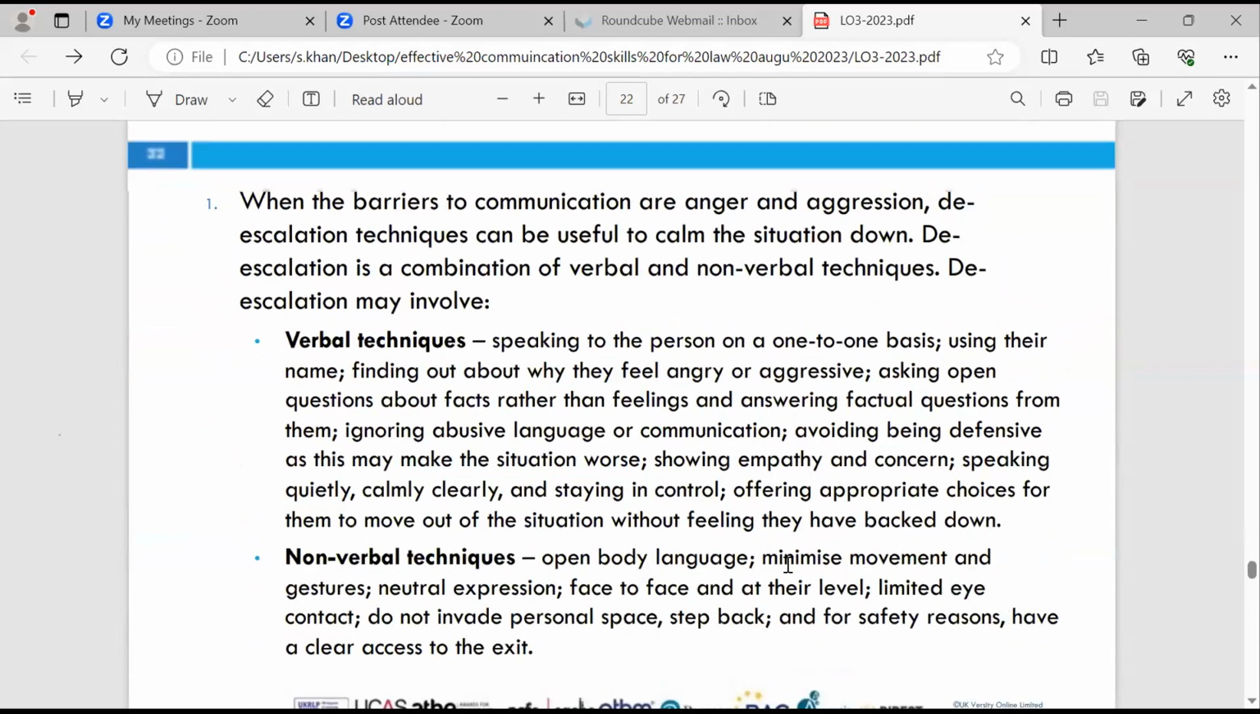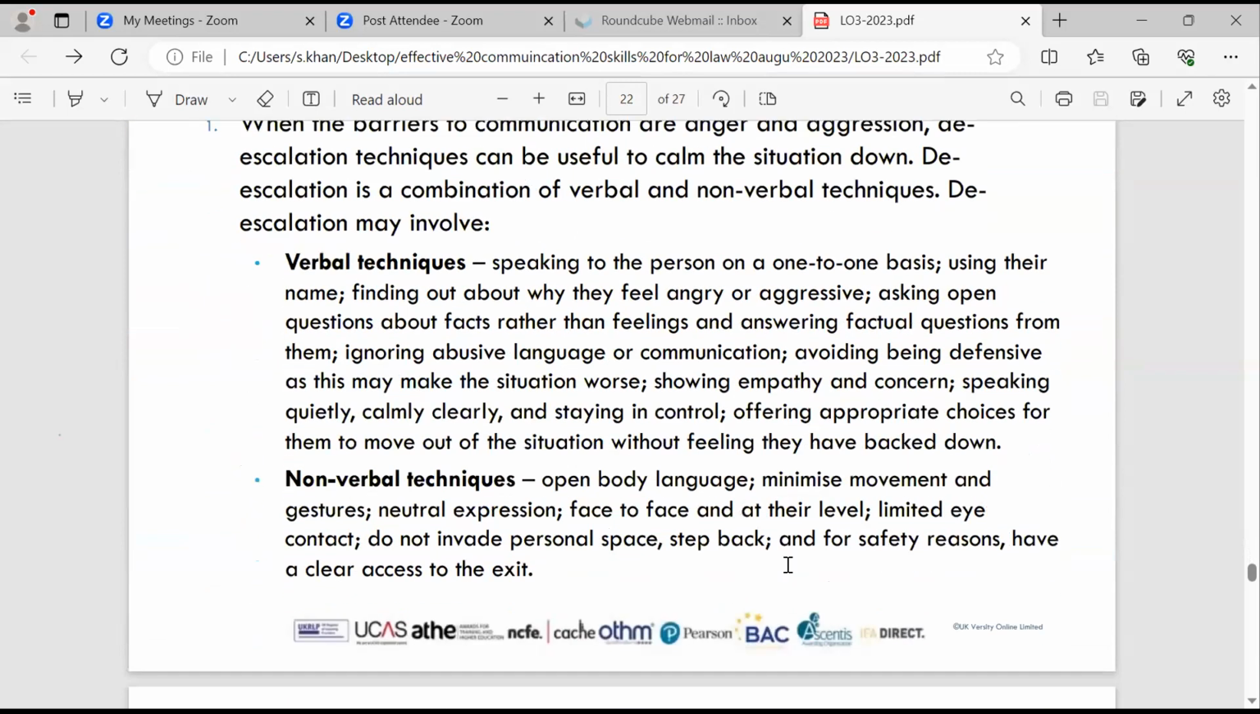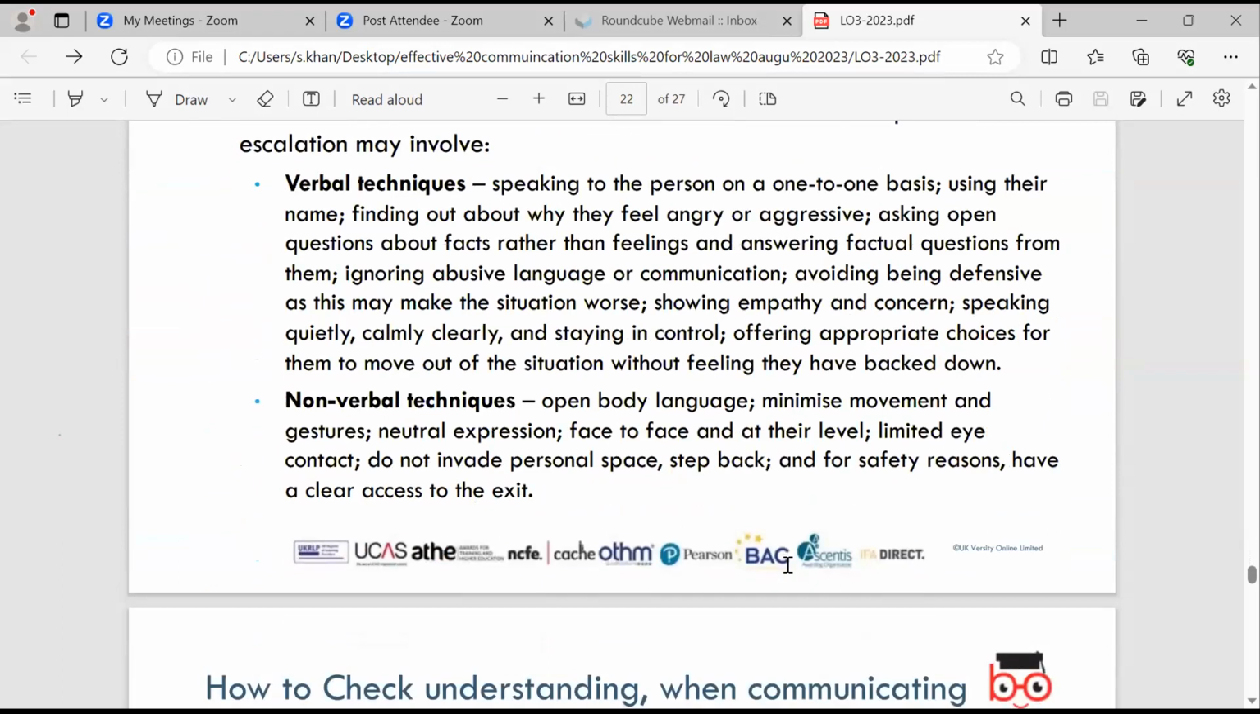De-escalation techniques. When barriers to communication are anger and aggression, de-escalation techniques can be useful to calm the situation down. De-escalation is a combination of verbal and non-verbal techniques. De-escalation may involve verbal techniques such as speaking to the person on a one-to-one basis, using their name, finding out why they are angry or aggressive, asking open questions about facts rather than feelings, and answering factual questions about them,